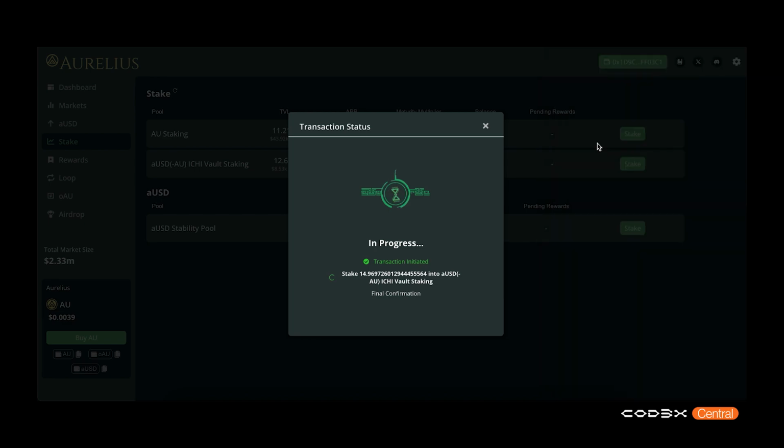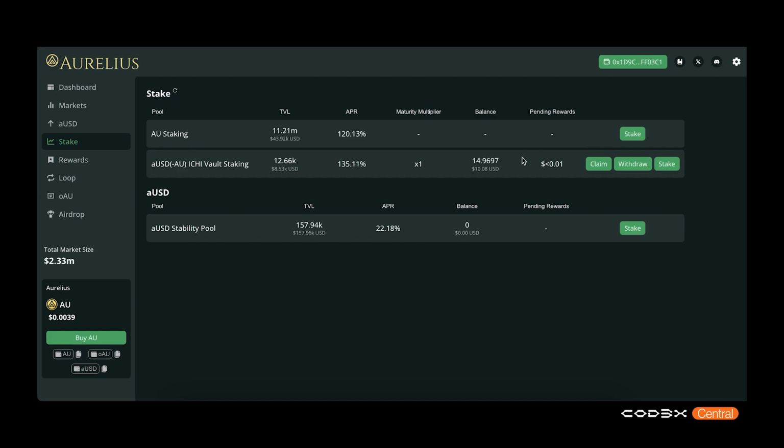As more people enter, as more people deposit aUSD, it actually incentivizes the reweighting of the pool. Sophisticated LPs will be incentivized to reweight that pool, so they'll be incentivized to buy AU. There's probably a more elegant way to explain it, but the result of a lot of these vaults is just ever so slight buy pressure on the counter asset using aUSDs to support the AU price. So in any case, that is how it's done. You can now see I've